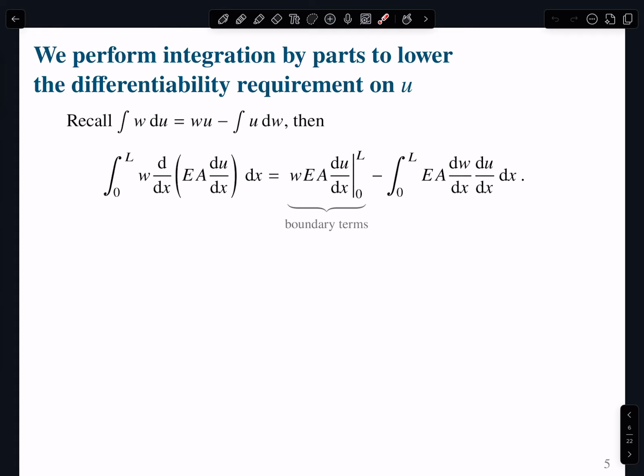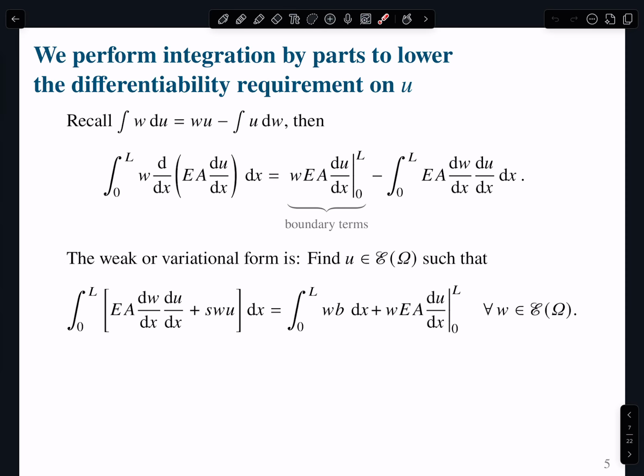If you remember, it's incredible to me that in the formulation, the natural boundary conditions just arise naturally by simply manipulating an expression, right? And this is really your boundary tractions. So EA du dx, if you remember, was what we defined as the axial force, right? And then, of course, we have to apply it at 0 and L. And that basically means that those are the values of the axial forces at the ends of the bar, right? Our boundary terms. Okay, so now that we have that, we just simply plug it back into the expression.